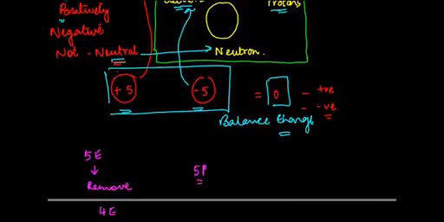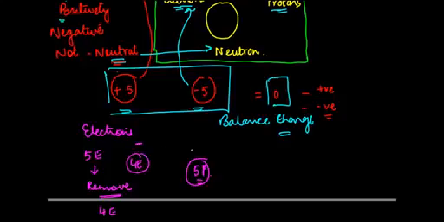Please note that the removal or addition can happen only for the electrons. Protons cannot be removed. So if you remove, the situation we are left with is 5 protons and 4 electrons. So the negatives are 4, the positives are 5. Which one is more? Obviously the positives. So we say that the atom is positively charged,